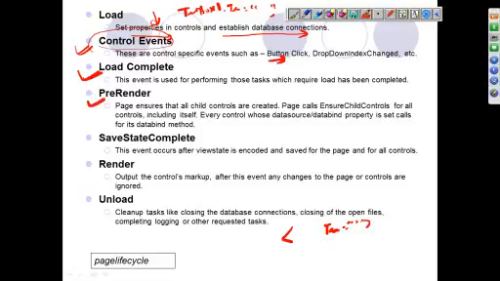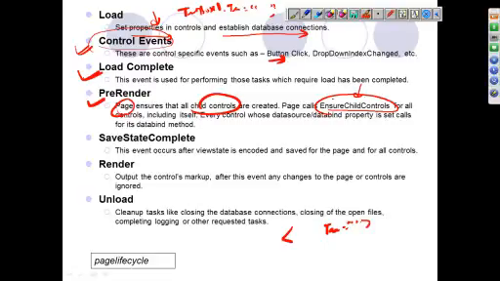Then we have the pre-render event. Pre-render is just before rendering the page, before sending the output, generating the markup HTML from the server. What happens on the server is it first checks that all the child controls in the page object have been created. For this there is the EnsureChildControls method, which will be called automatically. Even if you are not doing it, you can override this method as well, but it will be called and it will ensure that all the controls have been created and initialized.